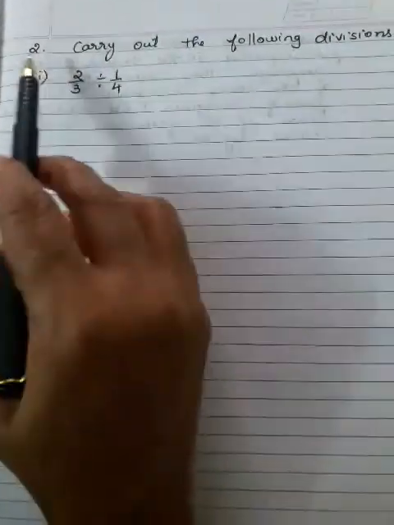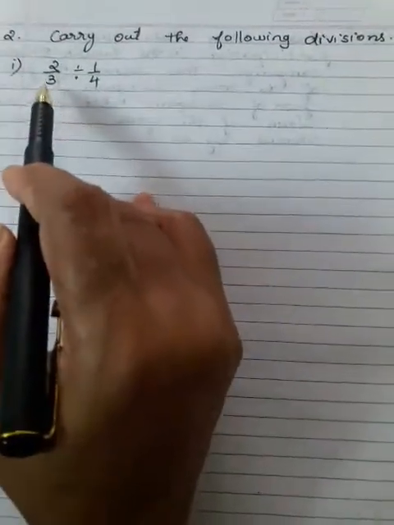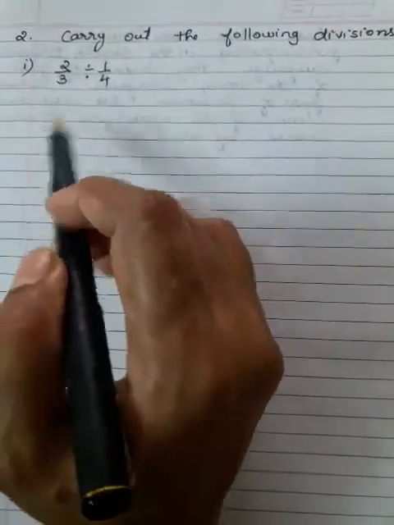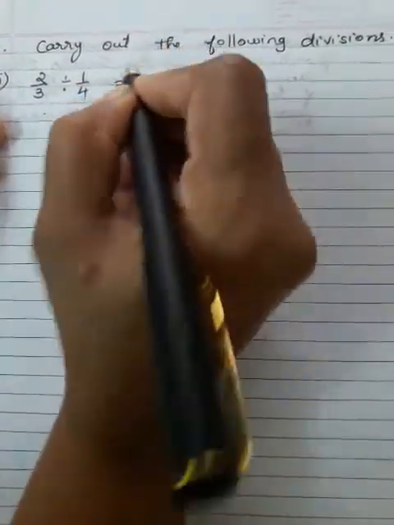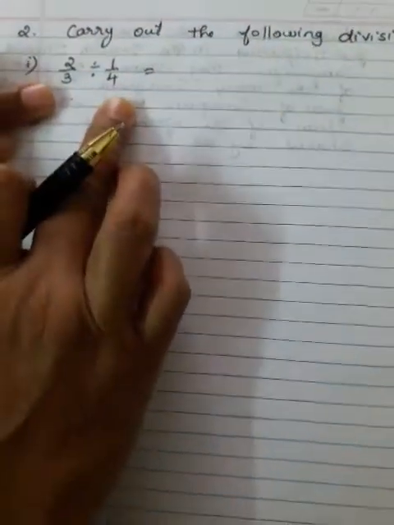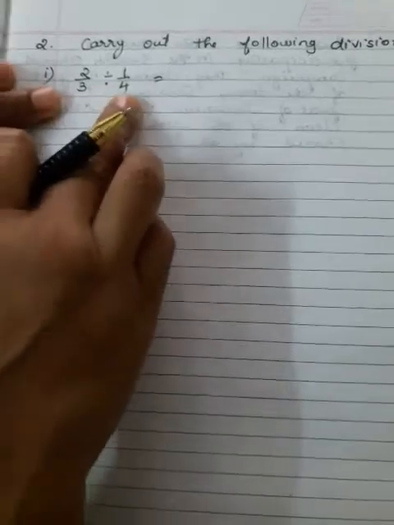Now next, let's go to question number 2. Carry out the following divisions. So the first one is given here. 2 upon 3 divided by 1 upon 4. Okay. So how to divide? Dividing one fraction by another means multiply the first fraction by the reciprocal of the other fraction. So that is